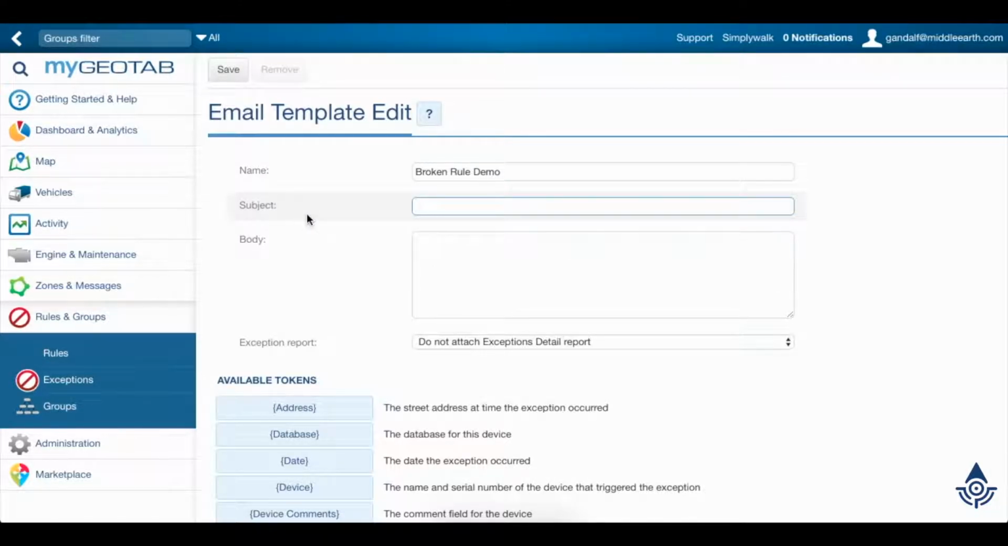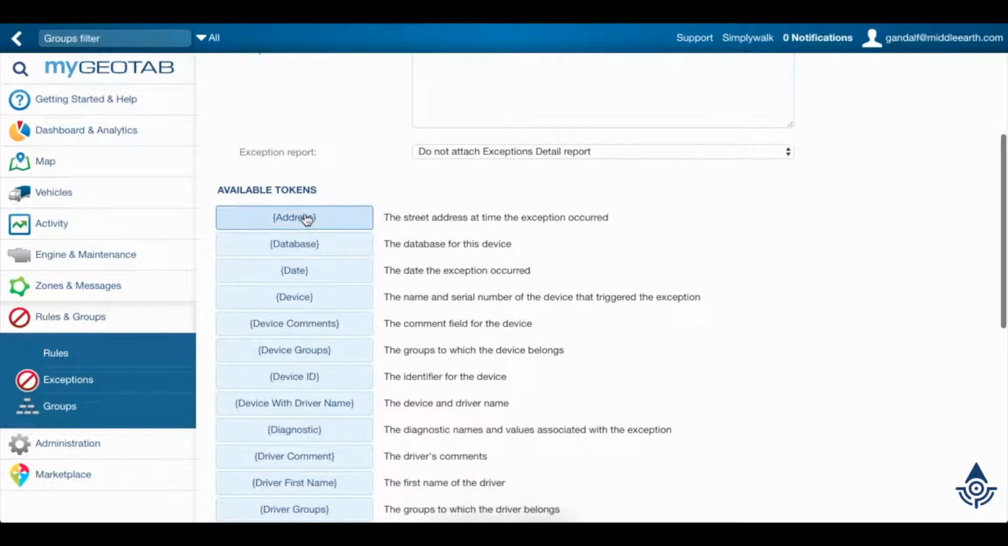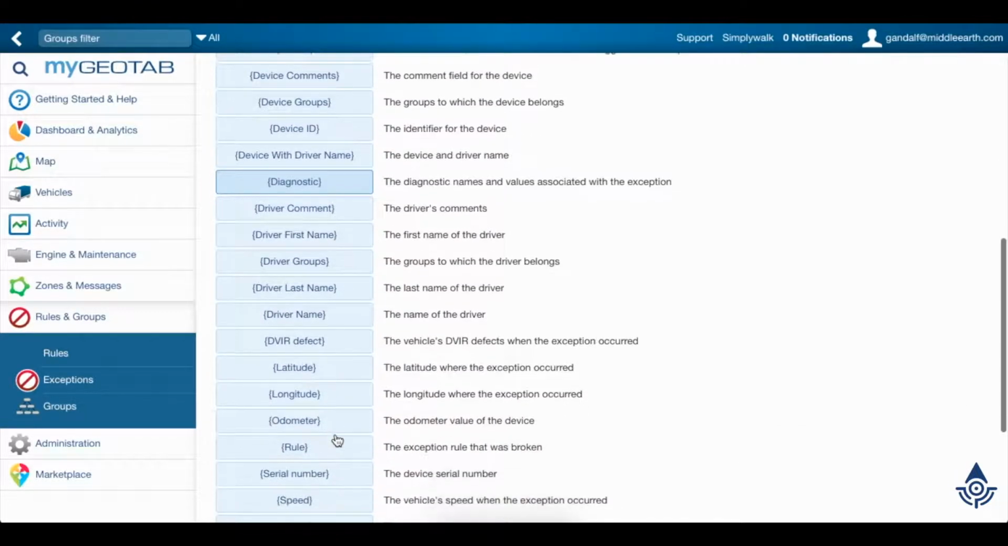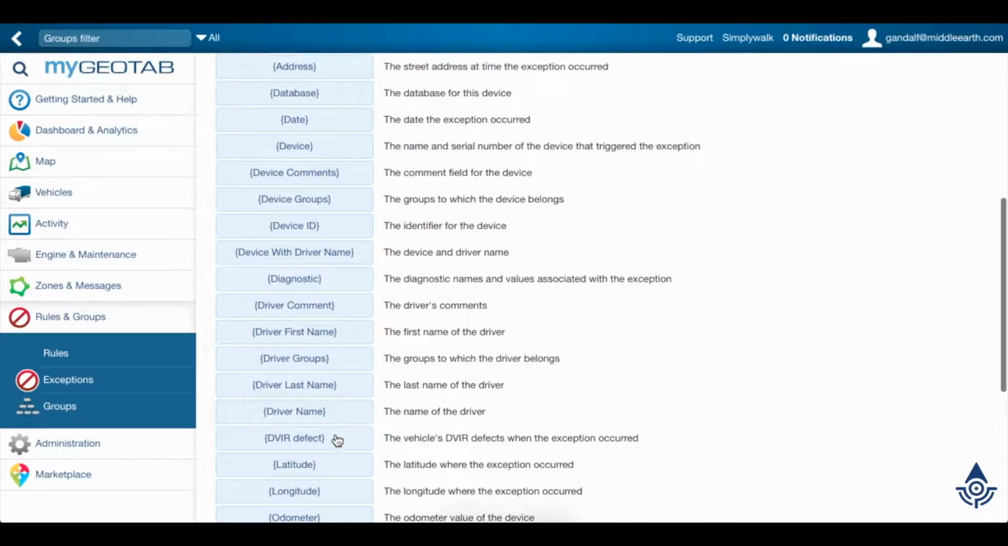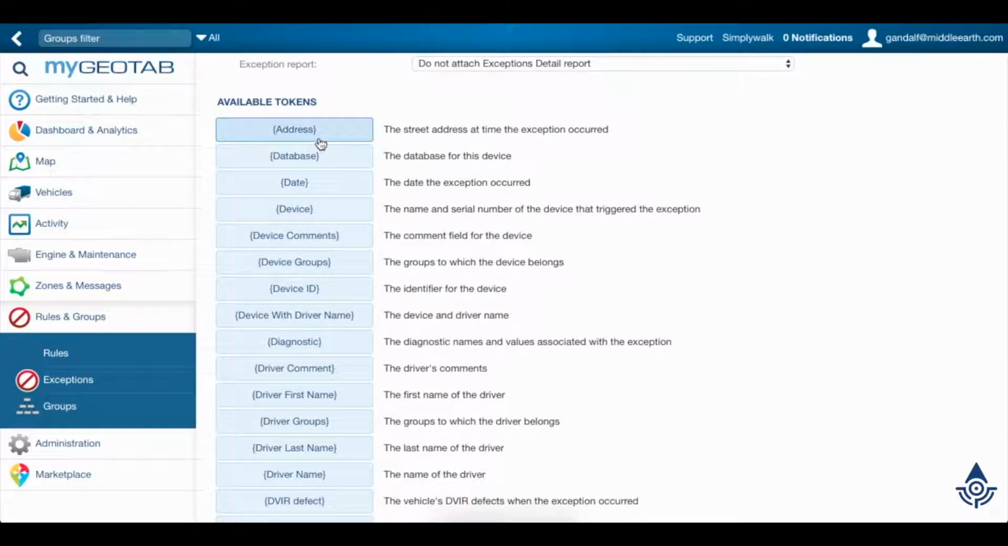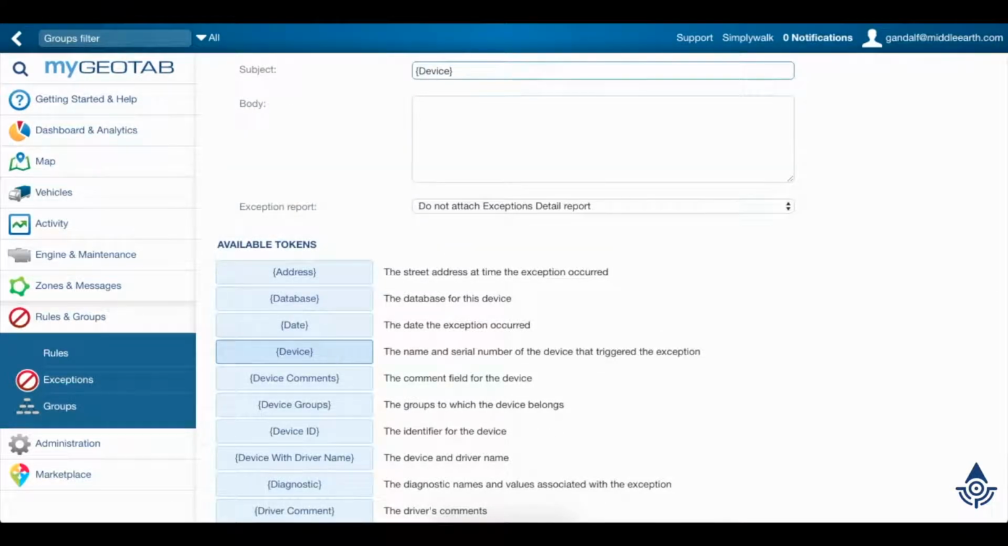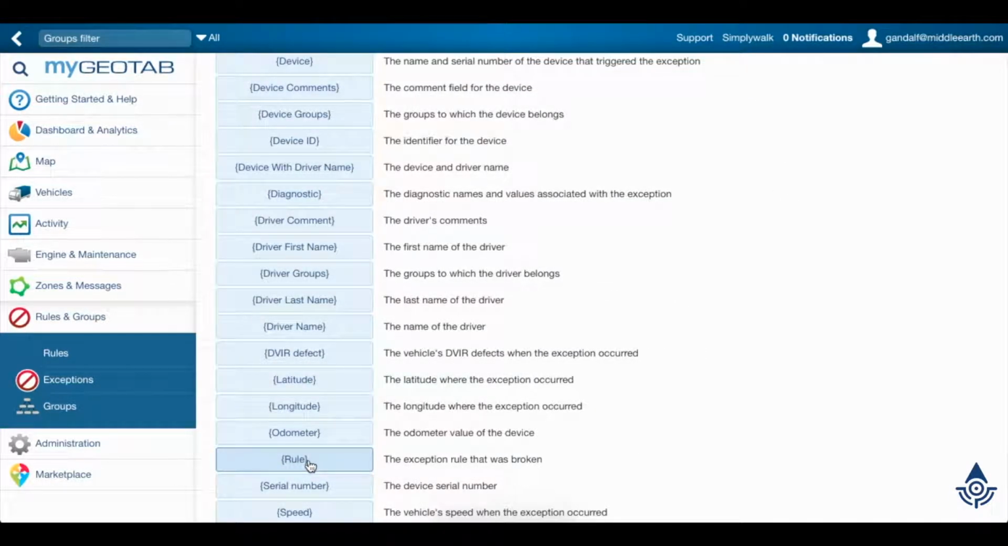Subject is what will show up in the email subject line, and as you'd expect, body is what shows up in the email body. These tokens here below can be used to set up the template so that the system can populate each of these fields when the event happens. So for example, the address token is going to show you the address where the rule was broken. You can put these in both the subject line and the body, so let's put a token for the vehicle